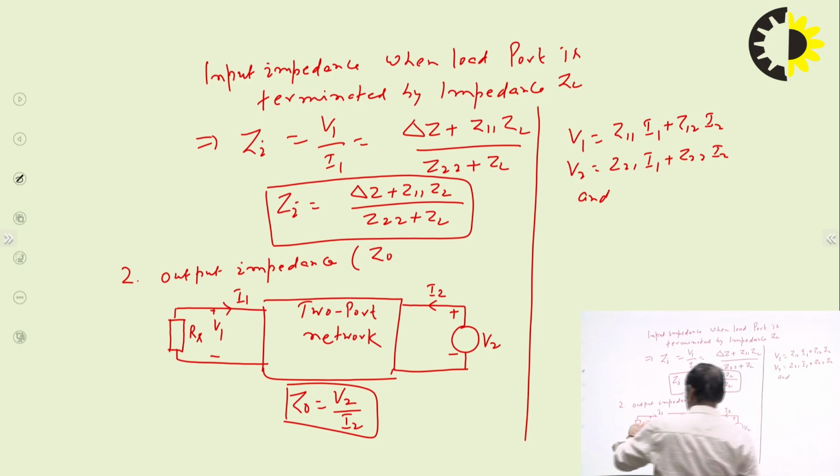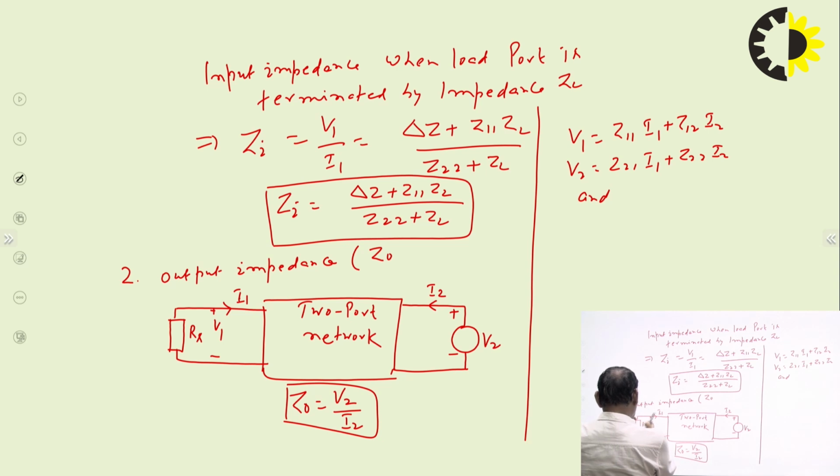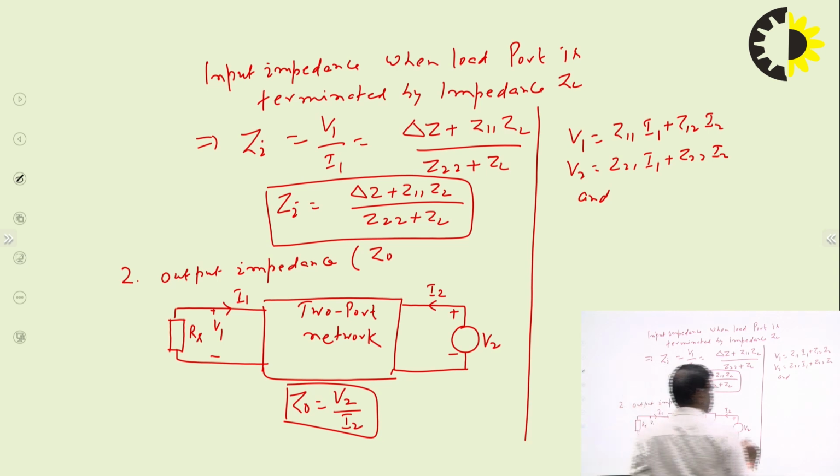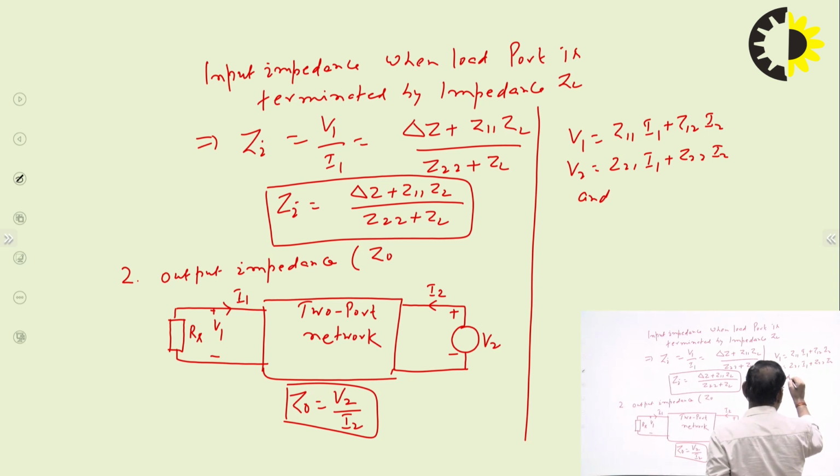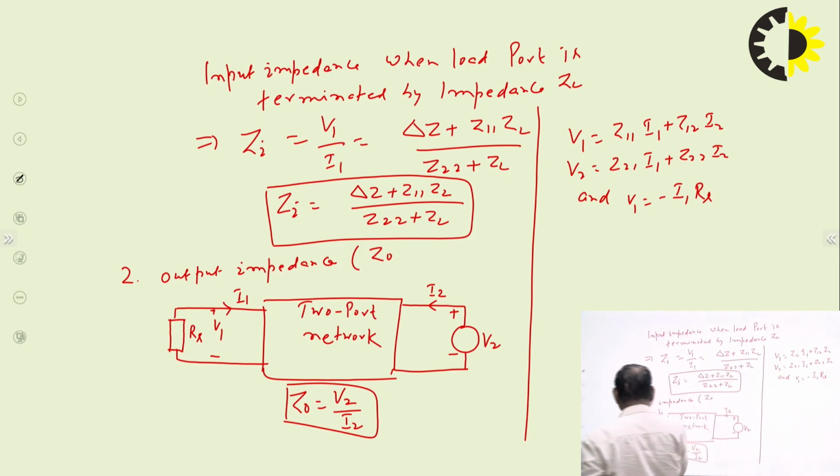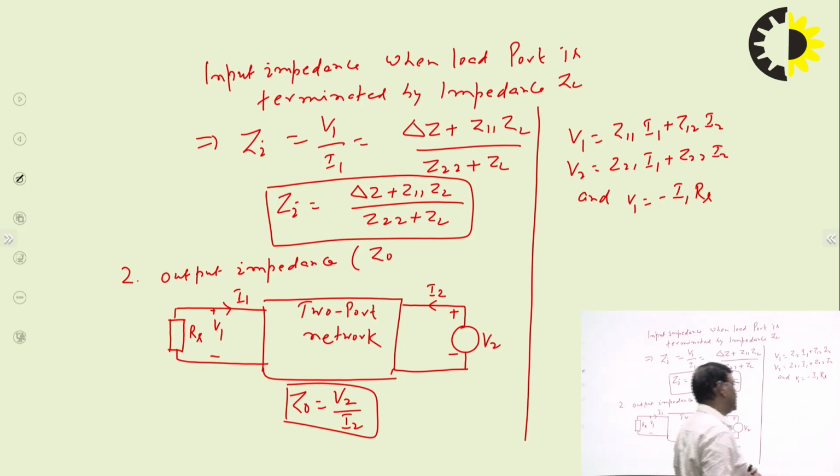Here V1 is the voltage across Rs, and V1 is minus I1 Rs, because the current through Rs will be just opposite to I1. So you can write minus I1 Rs